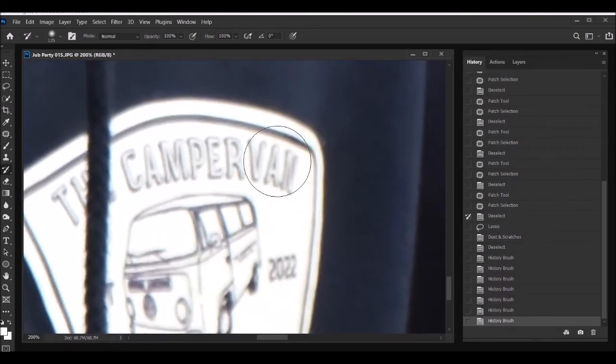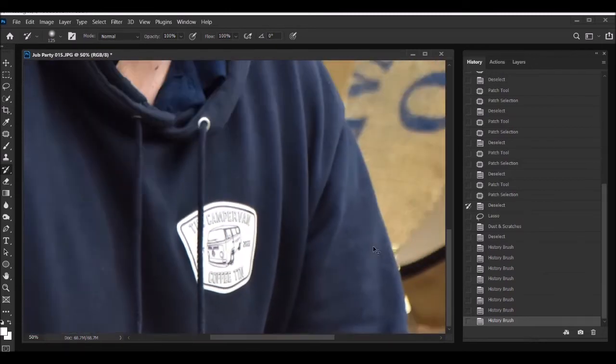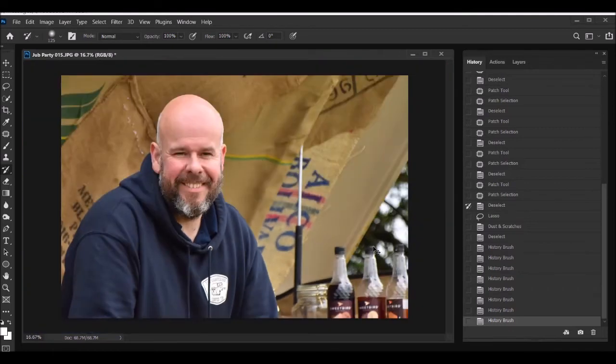There we go. And there you can see the number of times I've pressed the mouse button to use the history brush to go back to that state there. So let's zoom out again, that's Control and the minus key, and we're looking good. We've straightened it up, we've improved the general composition, we've removed the white spots, we've removed the fly,